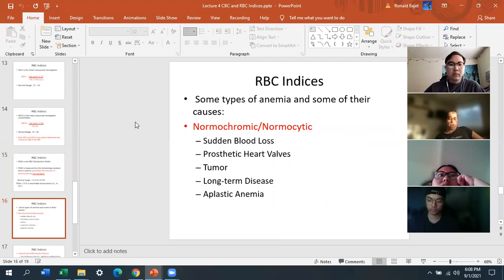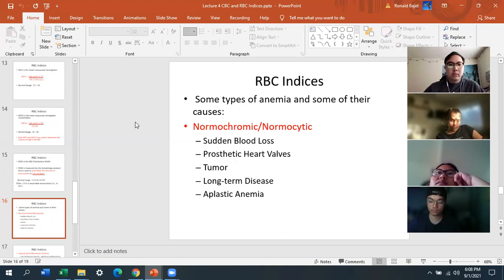Okay, the types of anemia. You can have a normochromic normocytic anemia. You can't tell by looking at the smear because everything looks normal. Normochromic refers to the central pallor of the cell. You can have a normal central pallor, it's normochromic. Normocytic refers to the size. So you have normal central pallor and normal size. So you look at this smear and you can say, well, this looks like a normal red blood cell, but